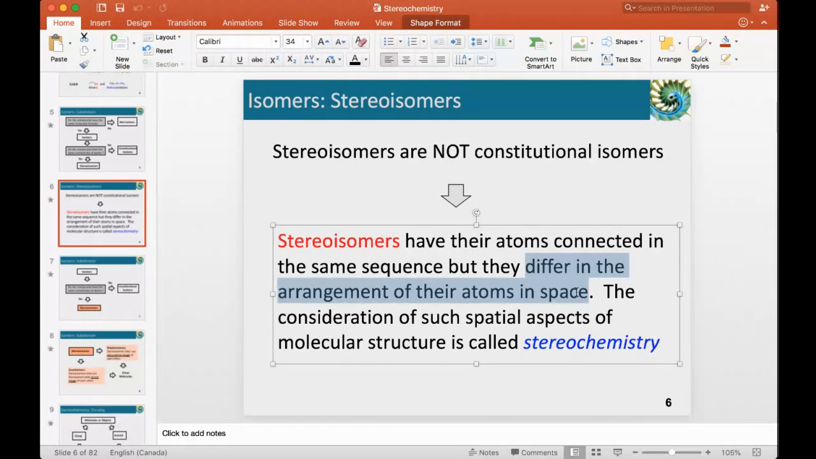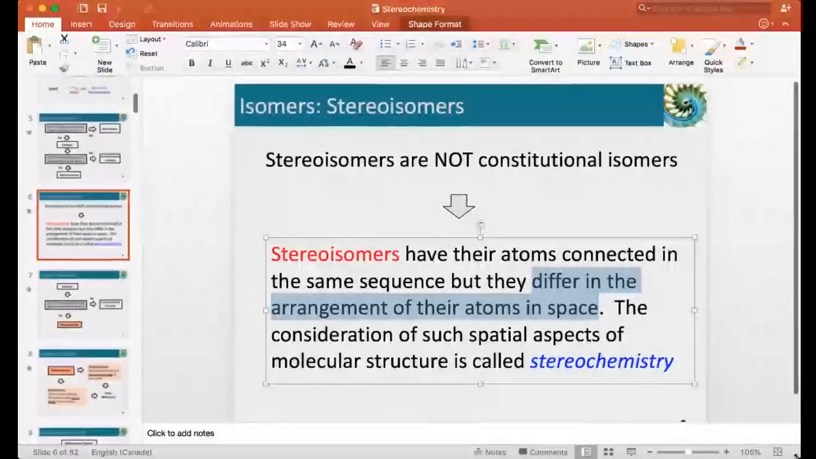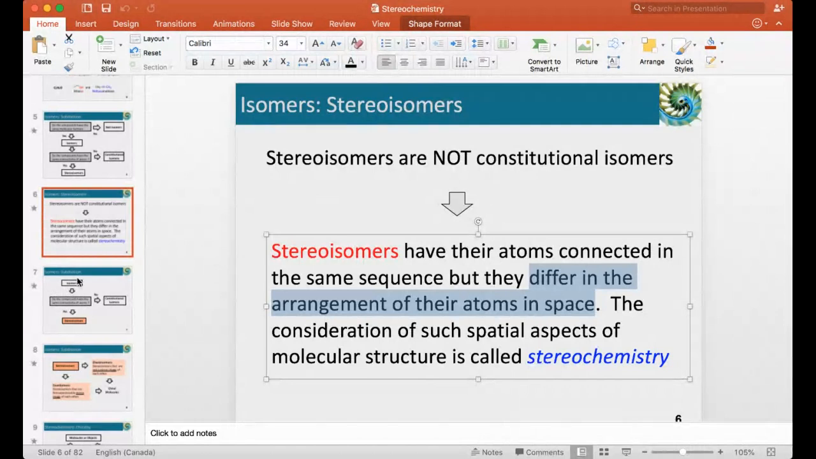And we went over the consideration of this special aspect of molecular structure, which is called stereochemistry. Okay? And stereochemistry is a whole world in chemistry, and particularly in organic chemistry. We'll see more today about it and why it's so relevant. So we also saw in the previous class